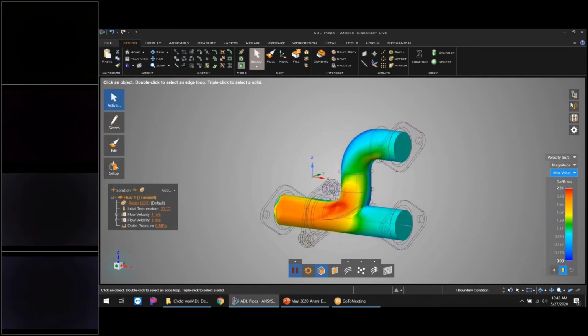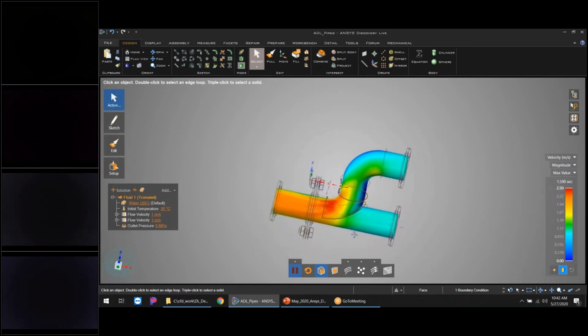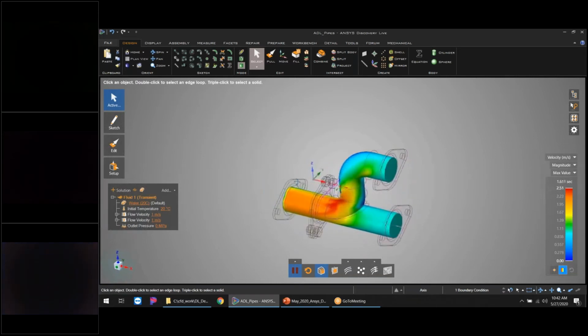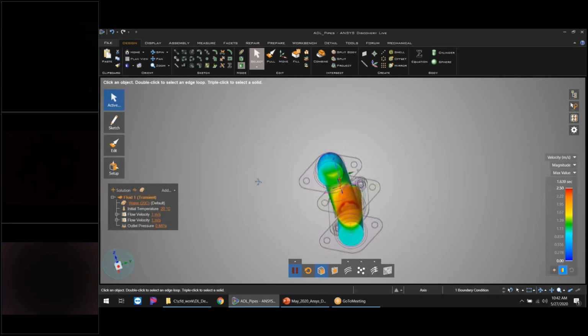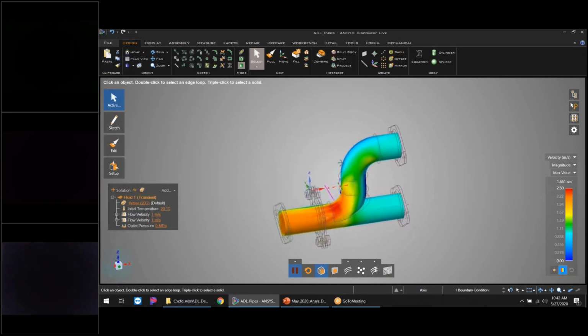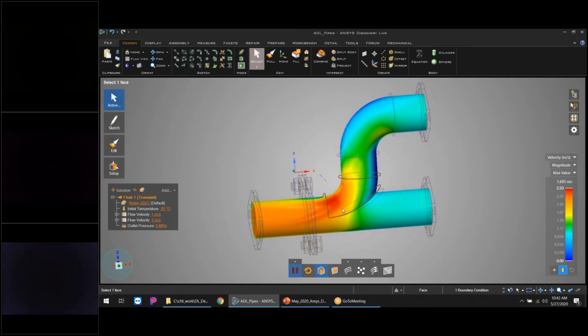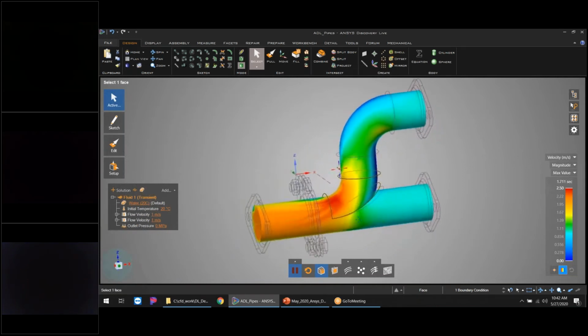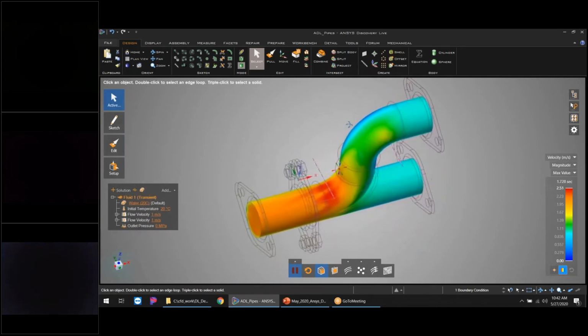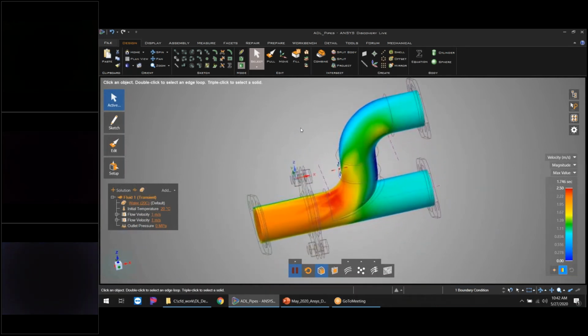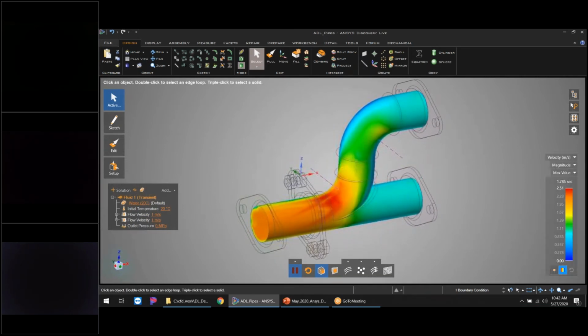Some of the things that we're looking at here in the legend. So this is a max value. I'm kind of seeing through the fluid a little bit. If you notice, no matter how I rotate it, I can always get a good idea of where that max velocity is inside the pipe. And so this is a great tool. I don't have to fumble around with any of the slicing through the planes and trying to find it. I'm actually looking through the fluid.